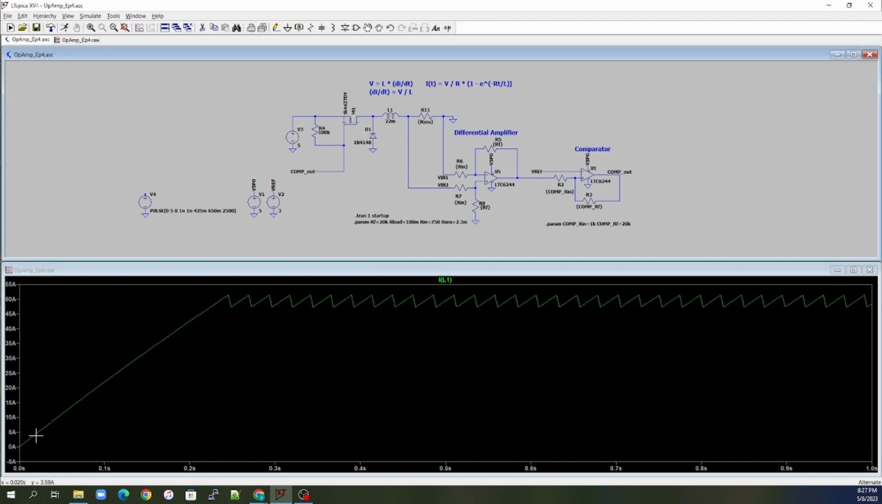So you can see here we ramp up, and we're ramping up to just about 51.6 amps, and then we drop down to 47 amps before the differential amplifier gets below that threshold, and then re-triggers the comparator. So this is all happening by itself, and it's just being controlled by the comparator output. So if we look at the comparator output,